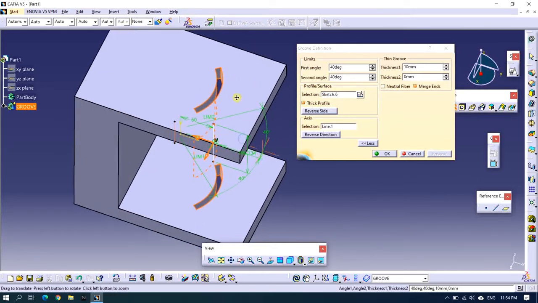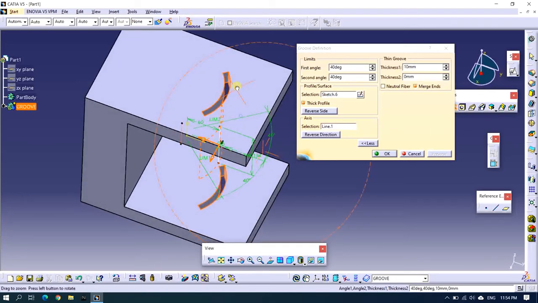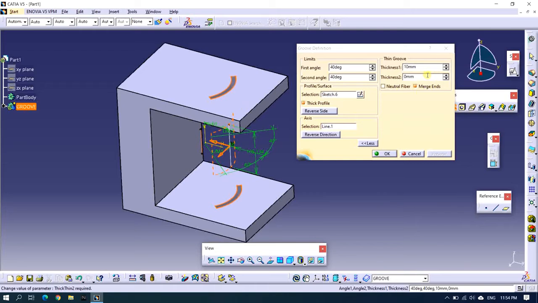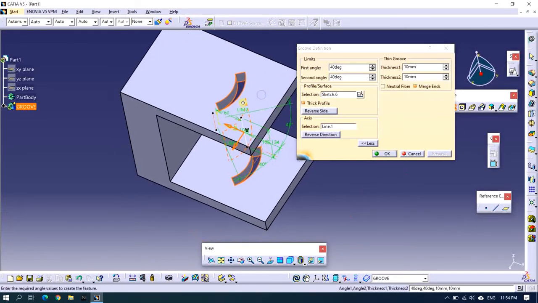The total thickness of this groove is 10 mm. If I give a thickness on the other side as 10 mm again, it will give me a total of 20 mm groove.